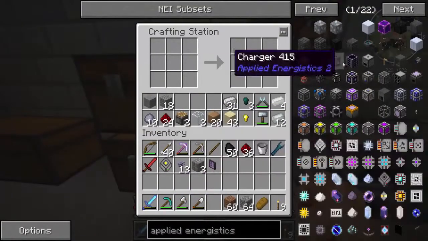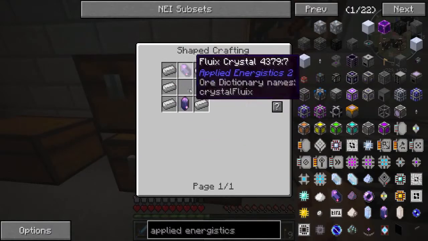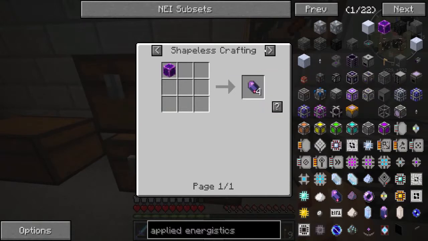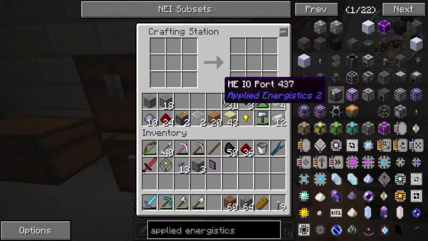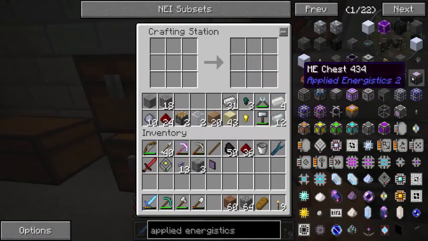And then once you have the inscriber, and this is how you craft the inscriber, so it's not really that bad. It's just 5 iron and 2 fluix crystals. And to create the fluix crystals, remember, you throw the certus quartz, nether quartz, and redstone into some water, and then you get this fluix crystal. And we did that once before in a prior episode, so I won't go over that again. But you will need the inscriber, and then once you have the inscriber,